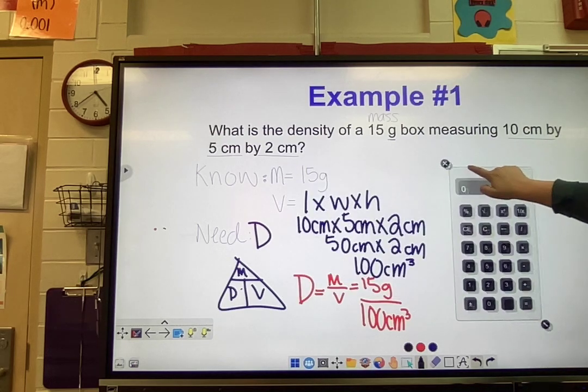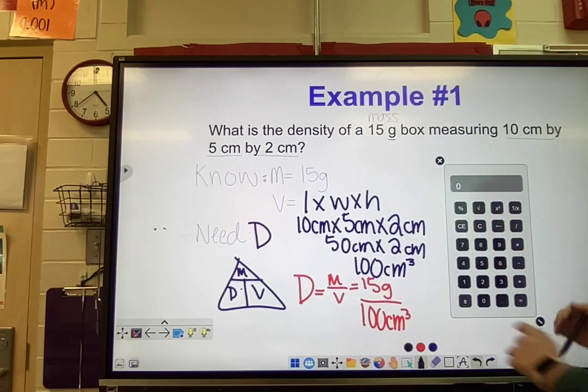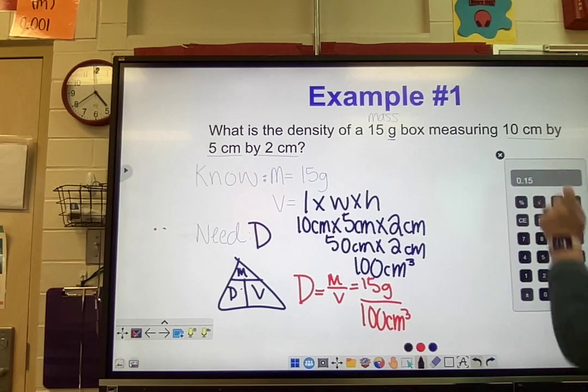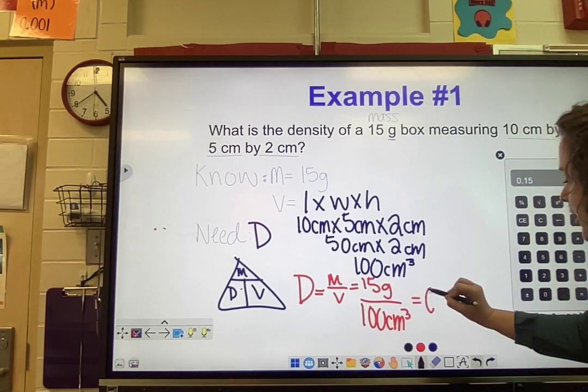Okay. So when I divide out fractions, I'm going to take what's on top. So 15 divided by my fraction, 100. I'm going to hit equal. So then I've got 0.15,